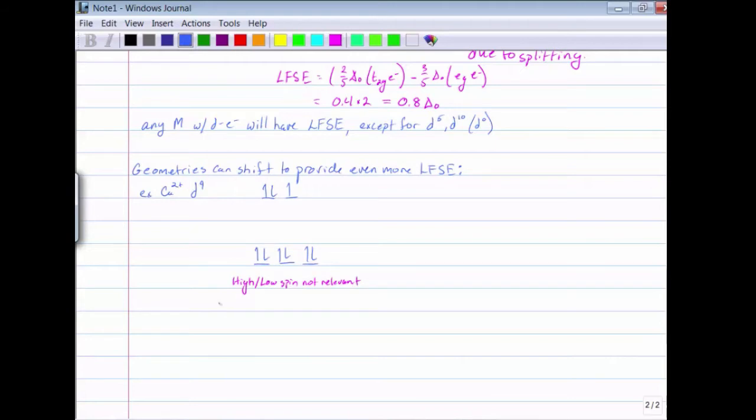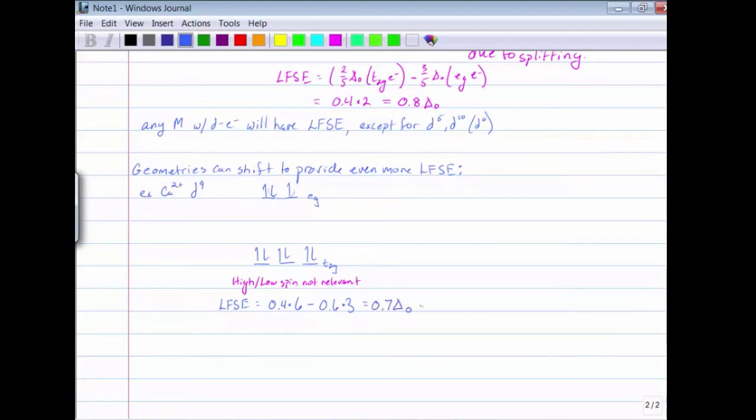We can calculate the ligand field stabilization energy. It's going to be equal to 0.4 times 6 because there's 6 electrons in this T2G set, minus 0.6 times 3 because there's 3 in the higher energy set,